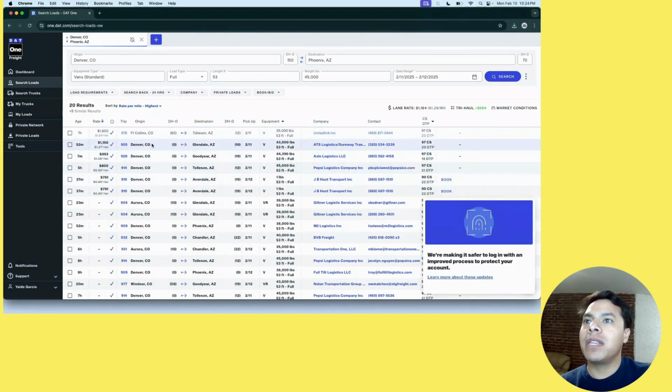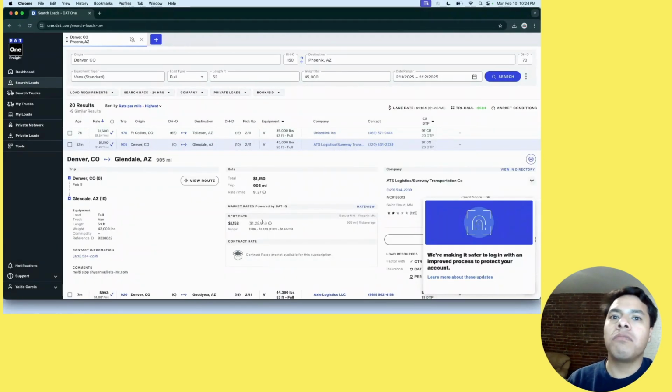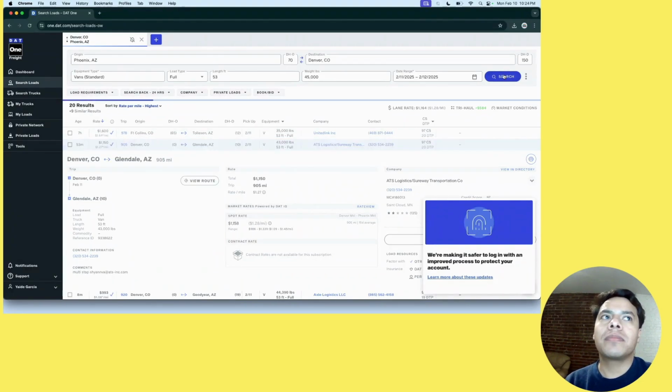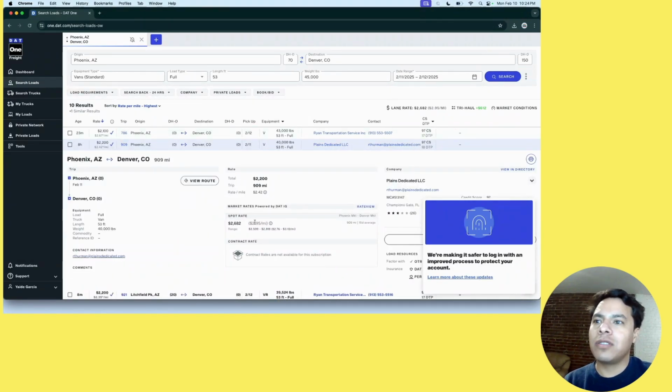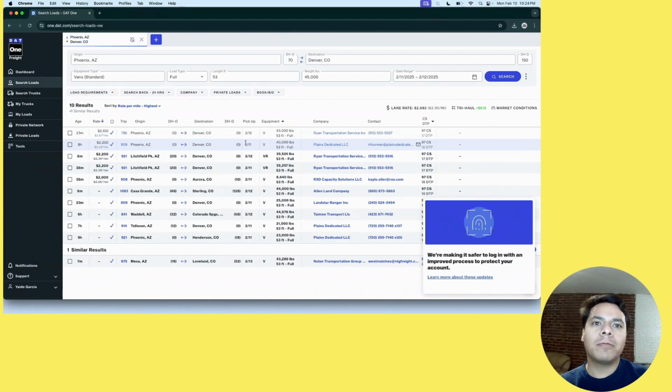So for the most part, we can expect the Denver or Fort Collins area, that metropolitan area, to pay 128 a mile, right? Whereas if I were to flip this, right, and go Phoenix to Denver, I can expect 295 a mile, right? Or 295 shipper quoting, but I can try and get some more money out of that, right? And that'll be on a consistent basis. Remember, these numbers do tend to reflect a 30-day